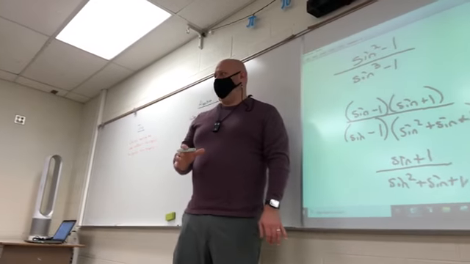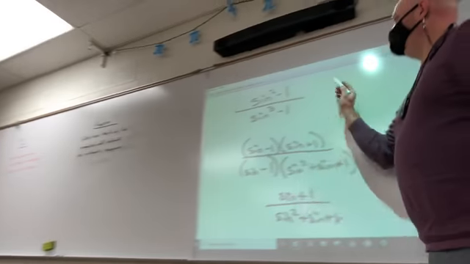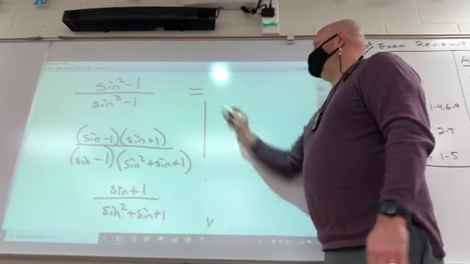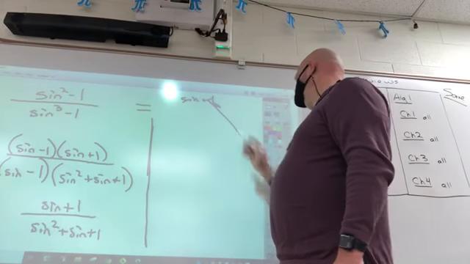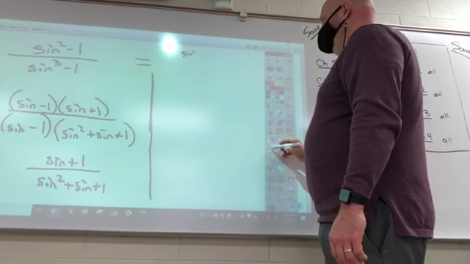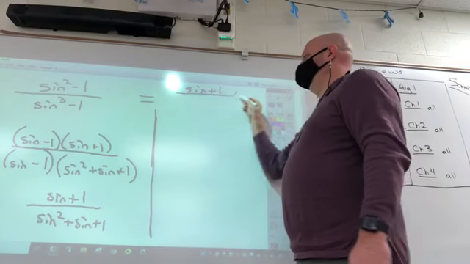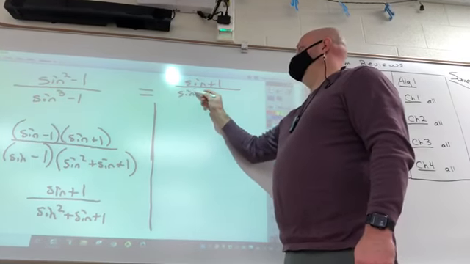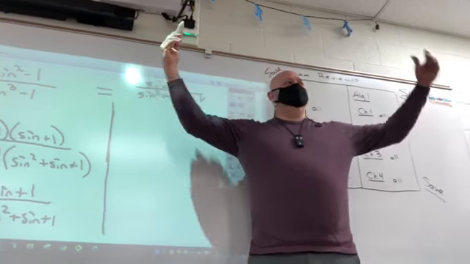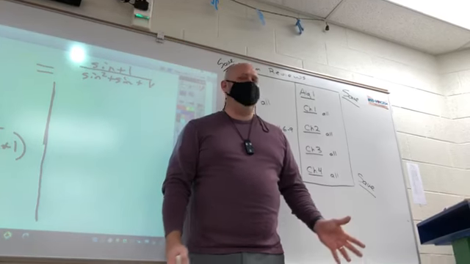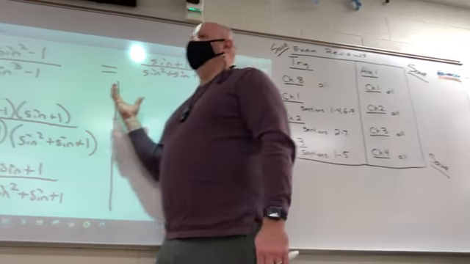Here's what a proof will look like. They'll give you this on the left side. On the right side, they'll give you sine plus 1 over sine squared plus sine plus 1. Ta-da! You just did a proof. There's a lot of times when all you have